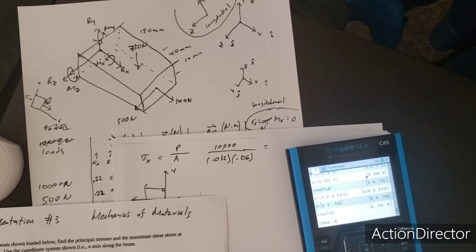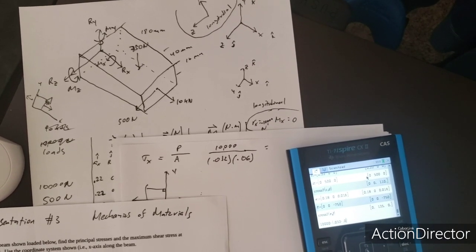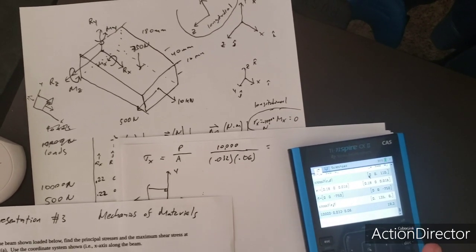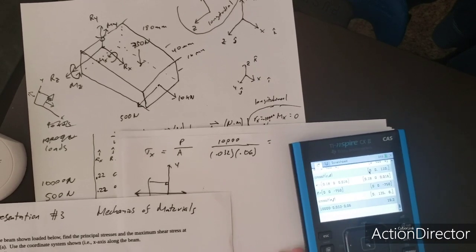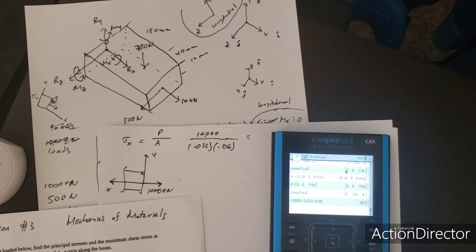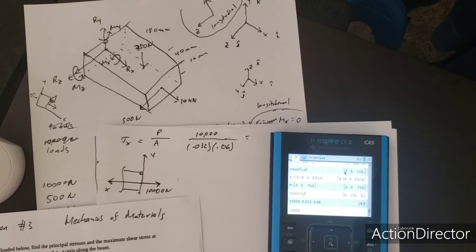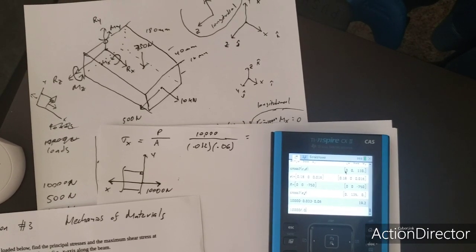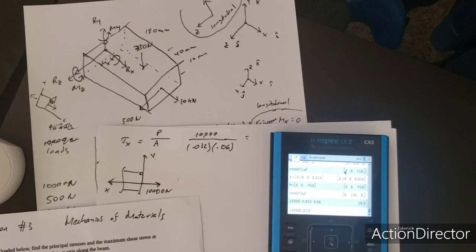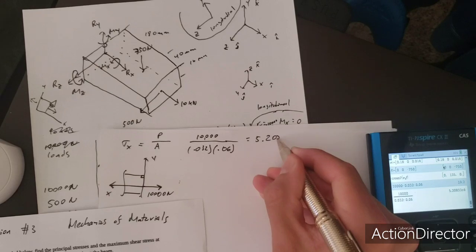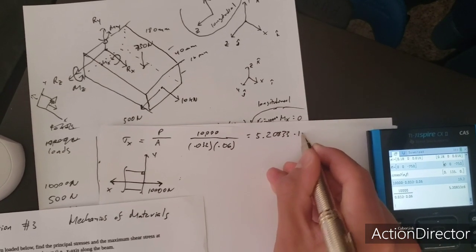Times 0.032 times 0.01, oh, not 1.6, and I get, oh wait, I forgot to divide. I multiplied everything. So 10,000, now this, yeah, there you go, divided by 0.032 times 0.06, and I get 5.20833 times 10 to the 6